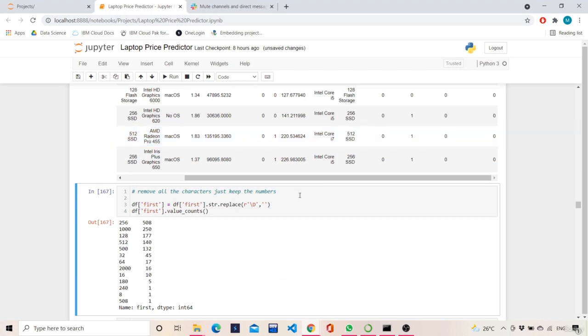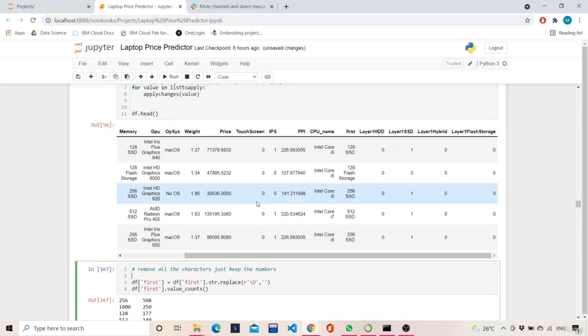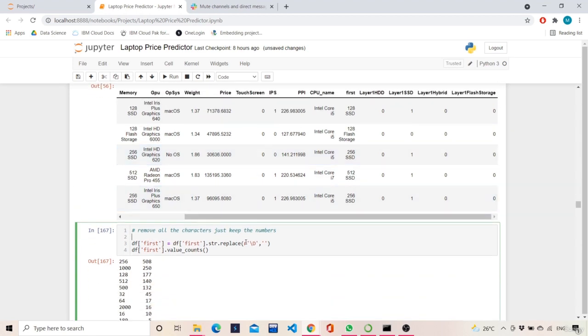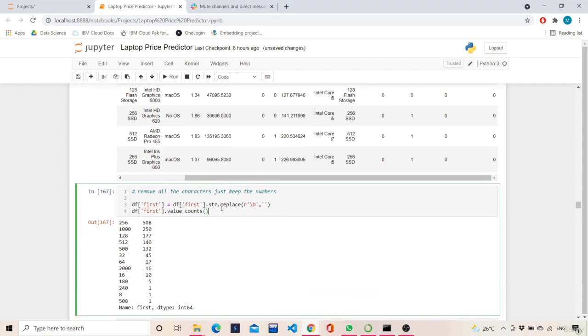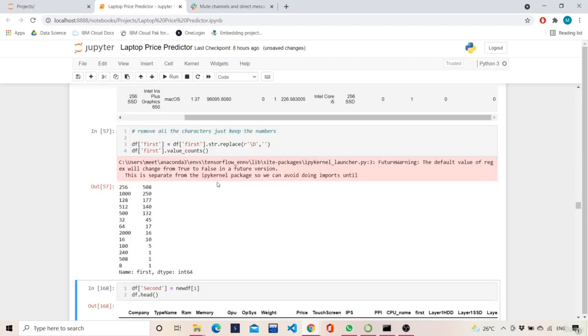So let's remove all the characters, just keep the numbers. Now we are interested in only numbers, right? So we will remove all the characters. For removing all the characters, this is the command in regex, \D, which means only keep the numbers. Wherever you are having characters, just replace it by space. It means the same thing. So if we do this,